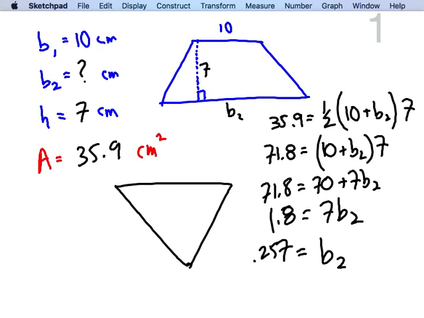Okay, so those are the possibilities there with a trapezoid. The other one, the parallelogram, 3 values should be pretty easy to solve. If I give you the base and the height, easily find the area. If I give you the area and the base, you can find the height. If I give you the area and the height, you find the base. Okay, we good? Any issues? Remember, on the quiz Friday,